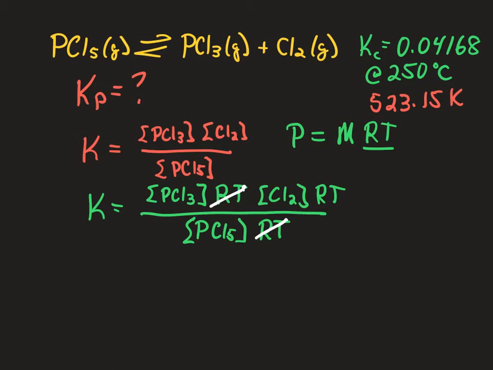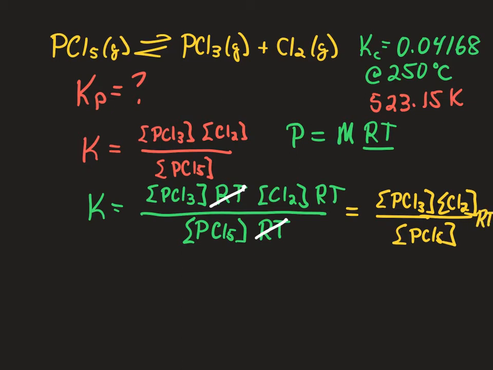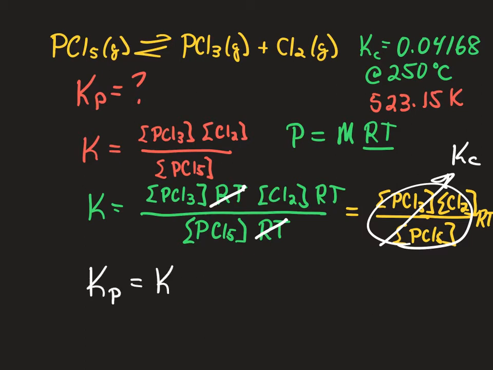And so if we group our concentration terms, we get concentration of phosphorus trichloride, concentration of chlorine, concentration of phosphorus pentachloride, and all times RT. And so this term is our equilibrium constant under concentration terms. So we can now find that our equilibrium constant under pressure terms is the equilibrium constant under concentration terms times RT,